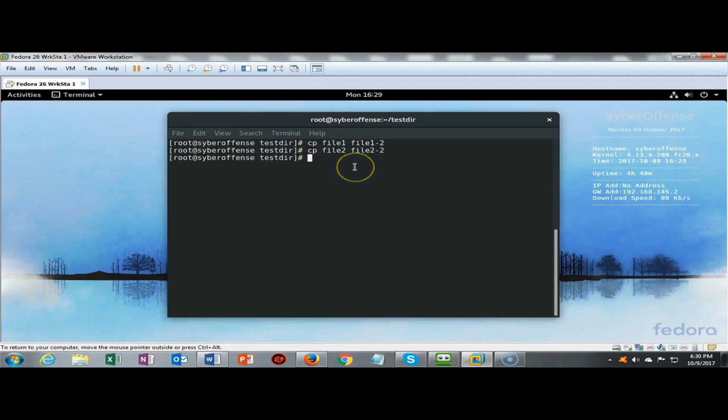So while I'm here in the testdir, I need to confirm that my files were created, so I'm going to go ahead and hit enter. And now you'll see that I have the two original files and